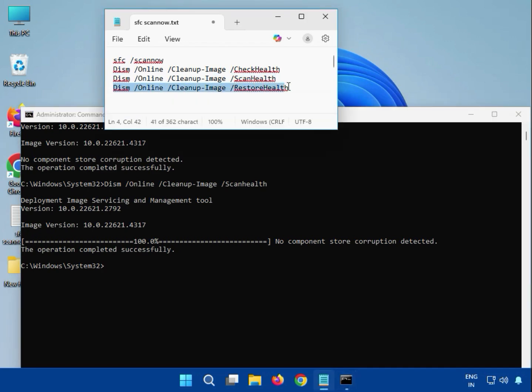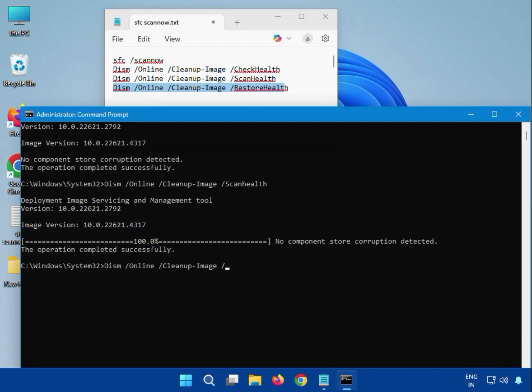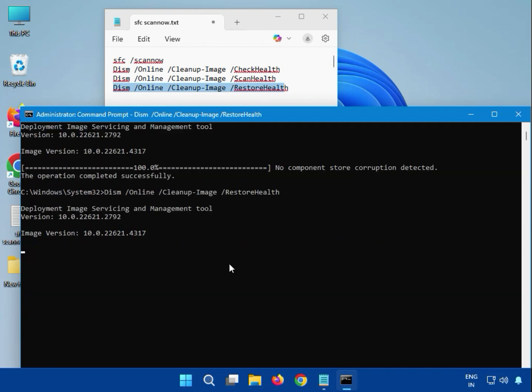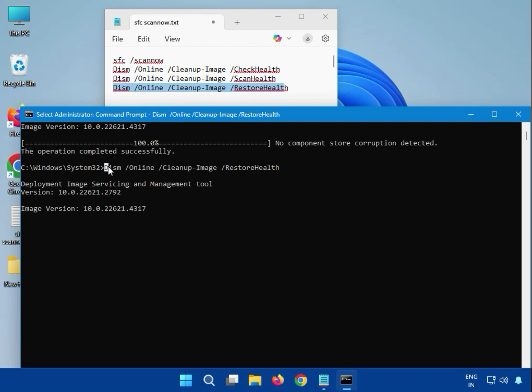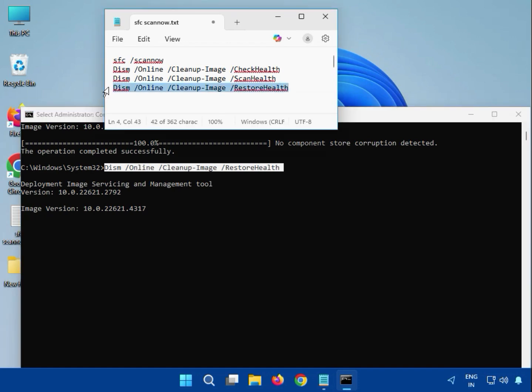Then guys, the fourth one, which is restore health. You can see here we can enter DISM and all, and please note small and capital. Okay, restore health, and then hit enter. Again guys, you have to wait. Okay, it will start the percentage, it will complete. After that you can see here